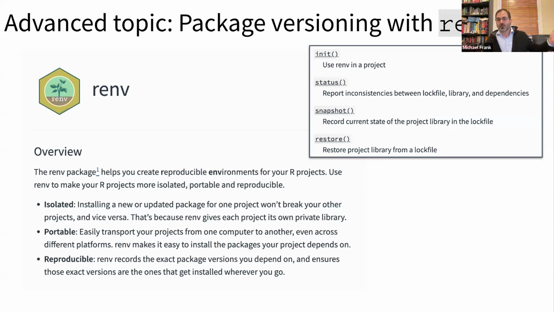So one of my projects can use the newest version of lme4, but when I update that, it's not going to mess up all of my other projects that use older versions of it. Otherwise, all your projects have to be in lockstep with each other in terms of the packages, and that's very, very challenging. So renv solves that problem in a really nice way.